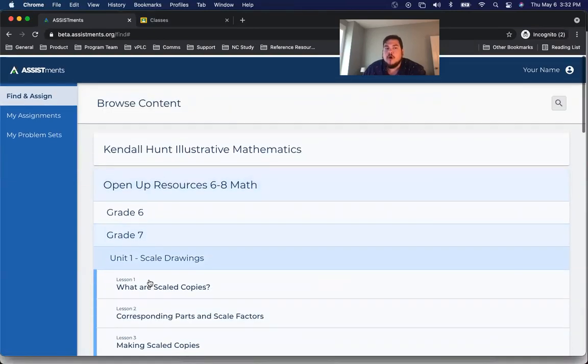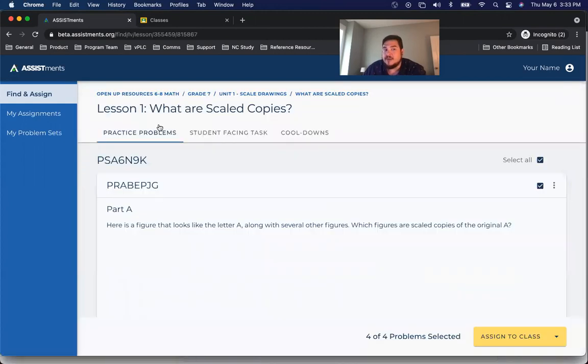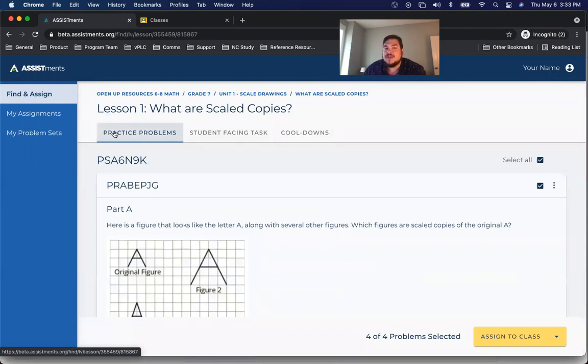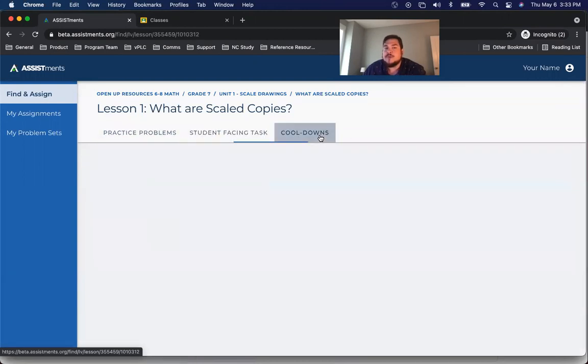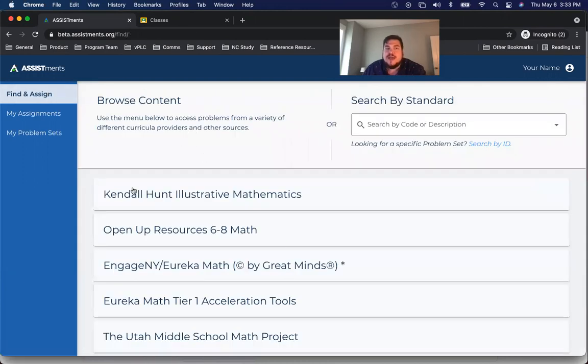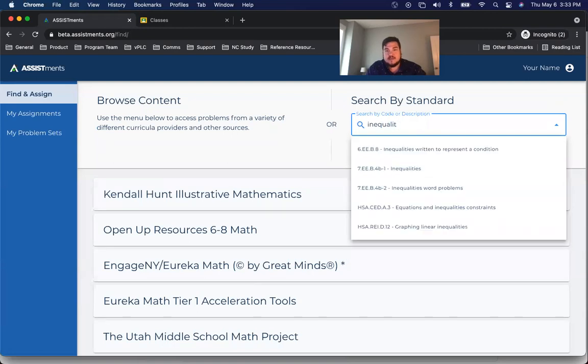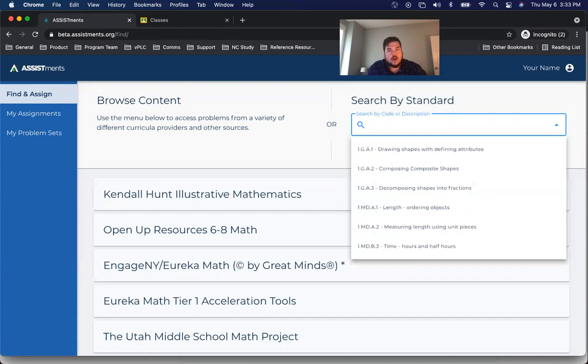I will note that for our open education resources, if a lesson has multiple components that we have uploaded, those now appear as tabs within one window, so you can navigate between those problem sets without having to open new windows to find those problems. But just going back. So now in addition to browsing the content as normal, you can search by standard. And so you can also do keywords. So I can either type in inequalities,